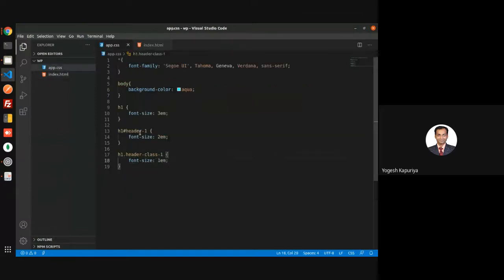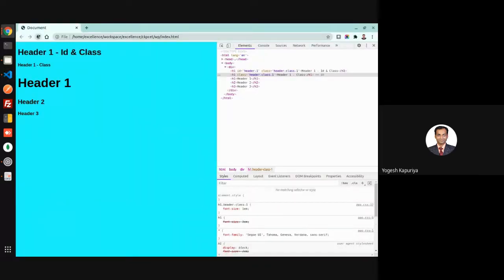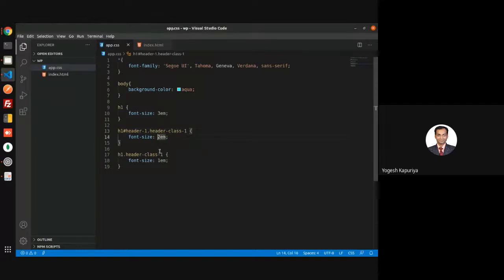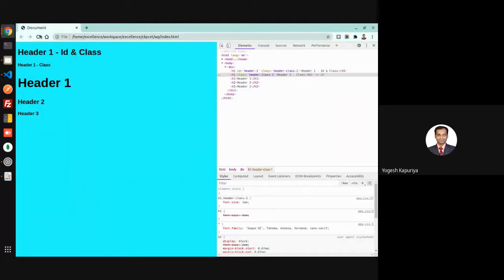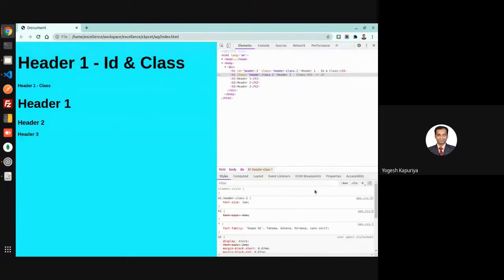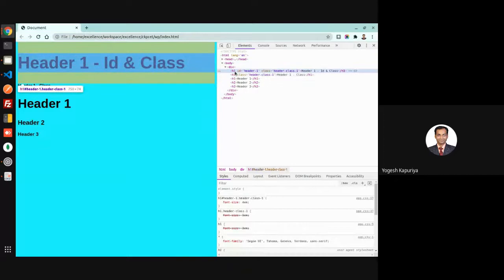Now again, there you can use a different selector as well. What do we mean by different selector? Different selector means that here you have given the ID as well as the class.